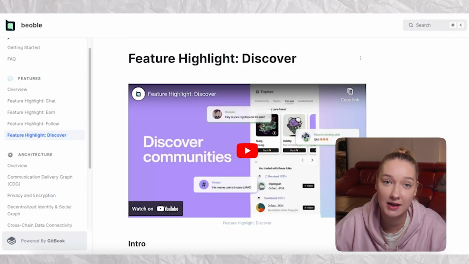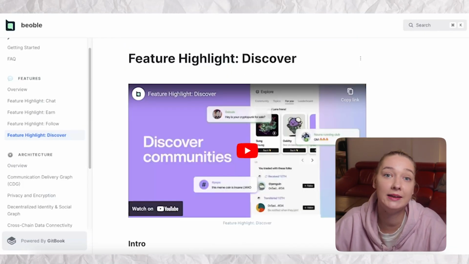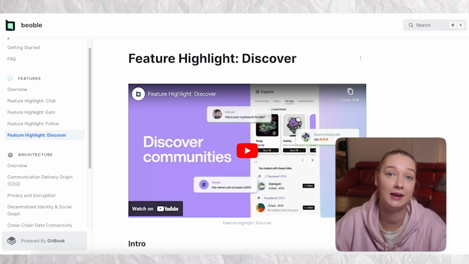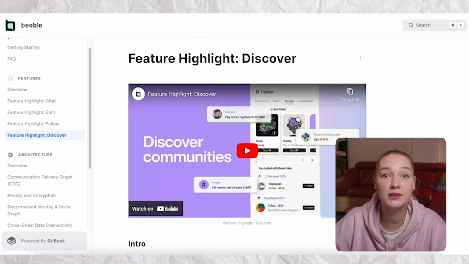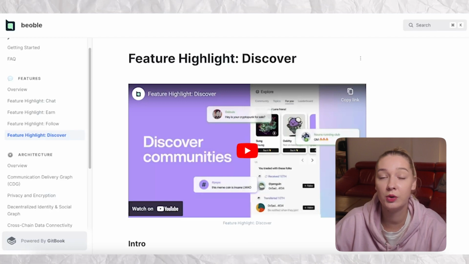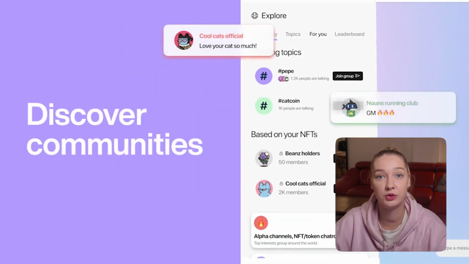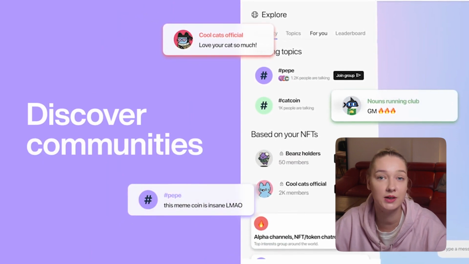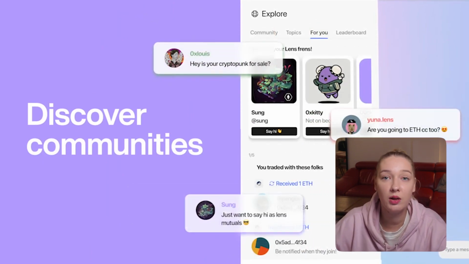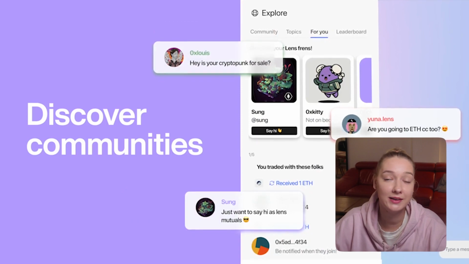This feature not only enhances social connection but also provides valuable insights into financial activities, fostering a collaborative environment for users to learn and discuss. And lastly, we have Discover. Beoble's Discover feature makes it easy for people who own tokens and NFTs to find others like them. It looks at your wallet and puts you in the right group automatically. You can also check out the Discover section to find more people in the Web3 world, like suggested chat rooms, users, and people you have traded with.